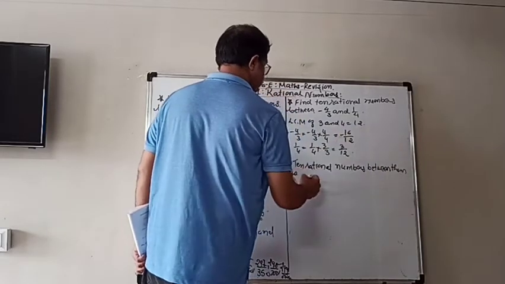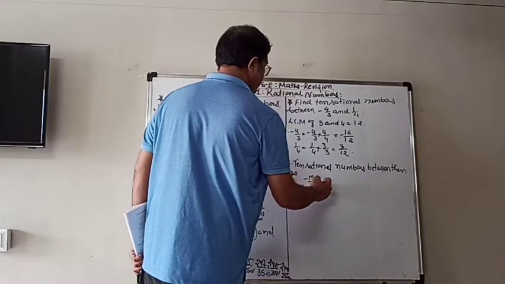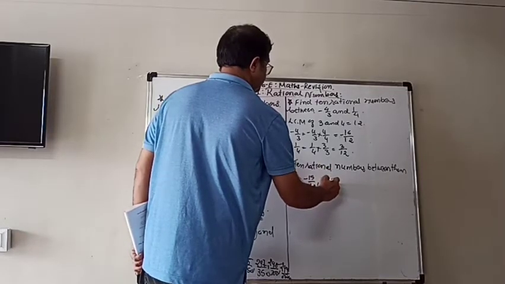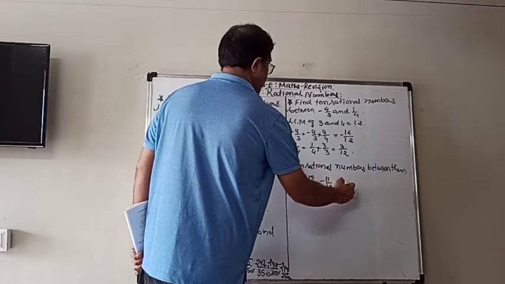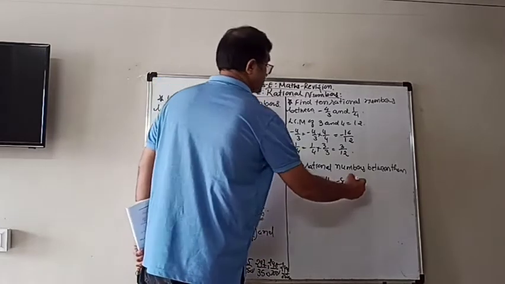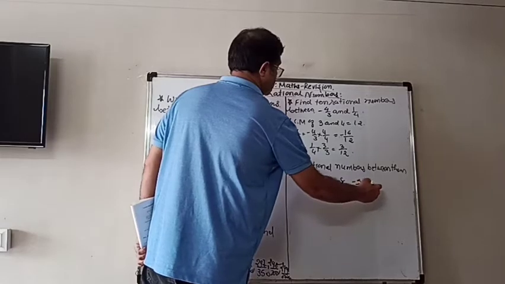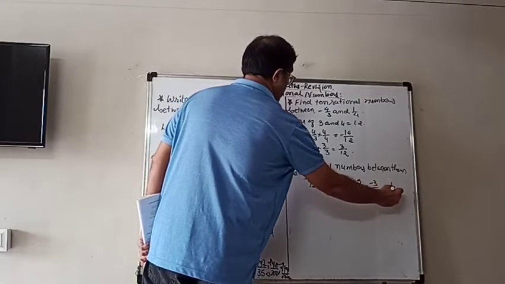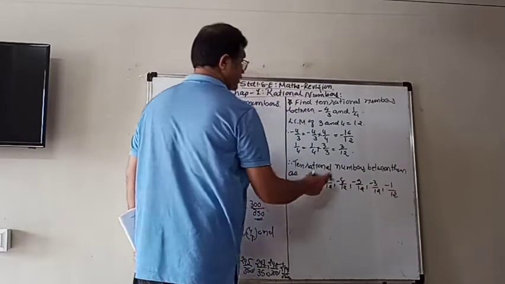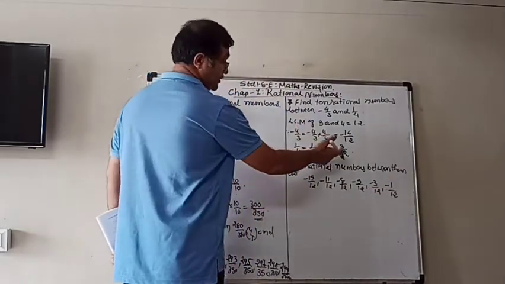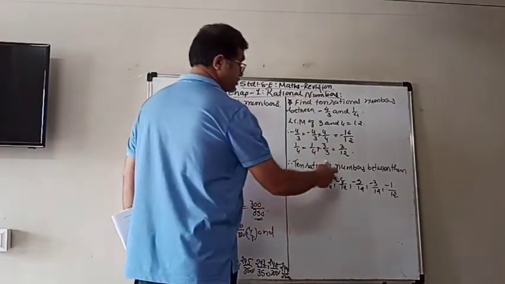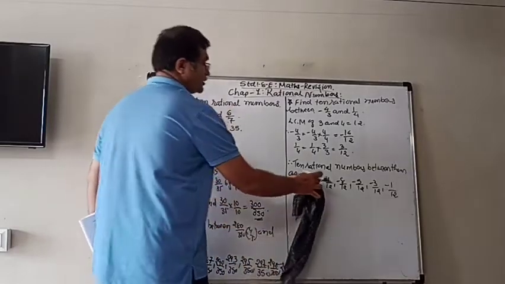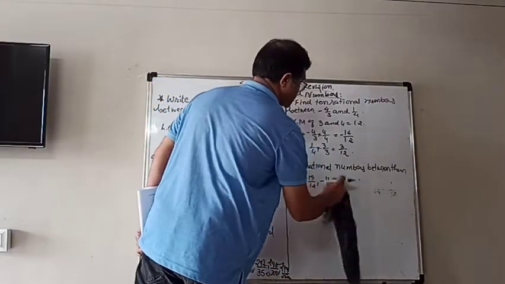so now from minus 16 you can write minus 15 upon 12, minus 11 upon 12, minus 8 upon 12, minus 5 upon 12, minus 3 upon 12, minus 1 upon 12. But now there is only 3, so you have to be careful. You have to write down the in between numbers also.